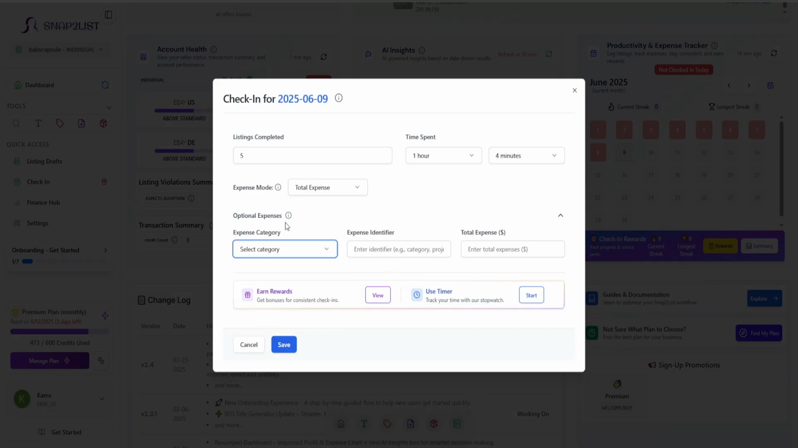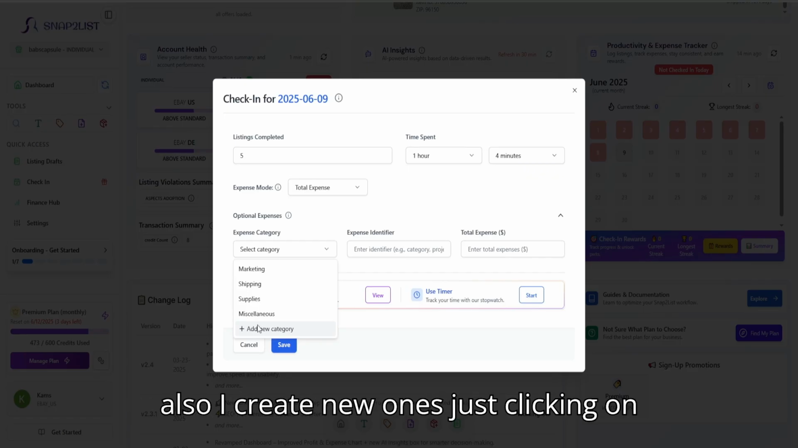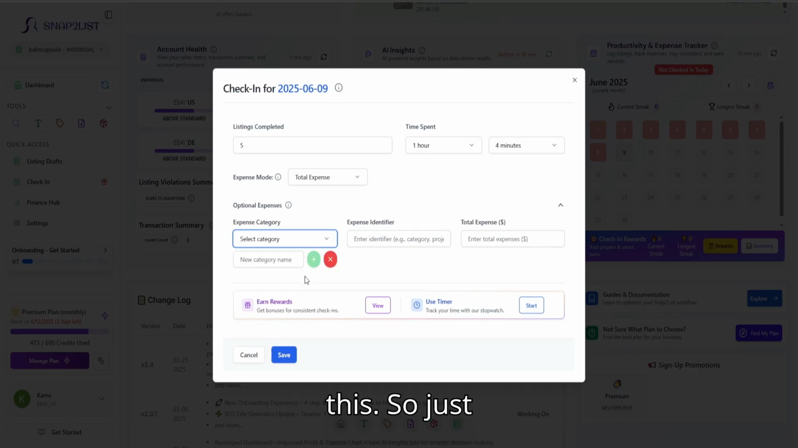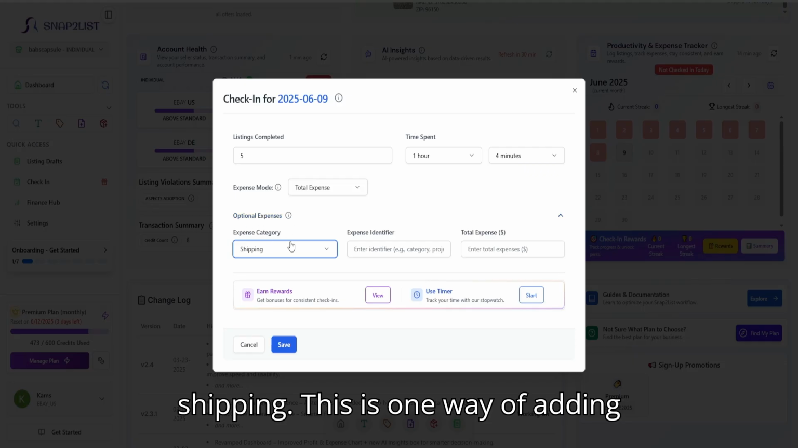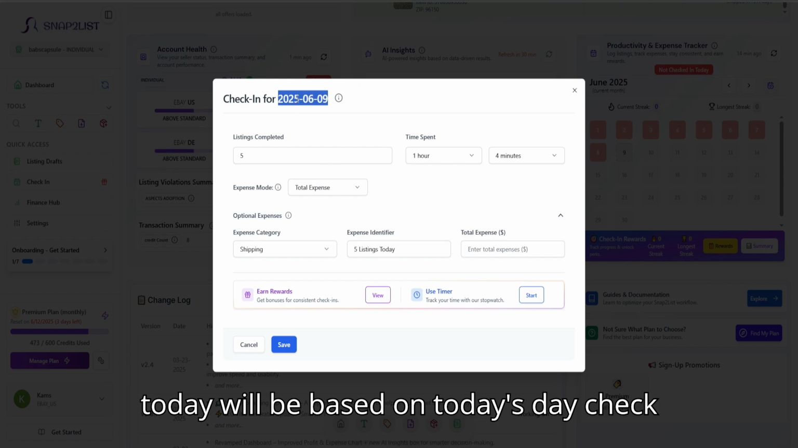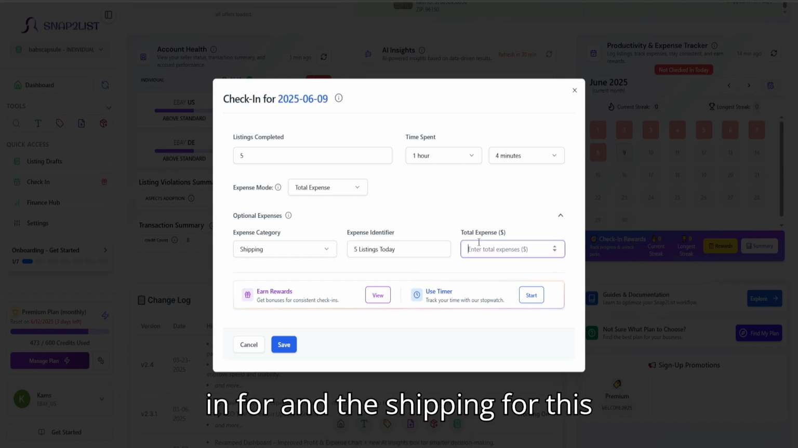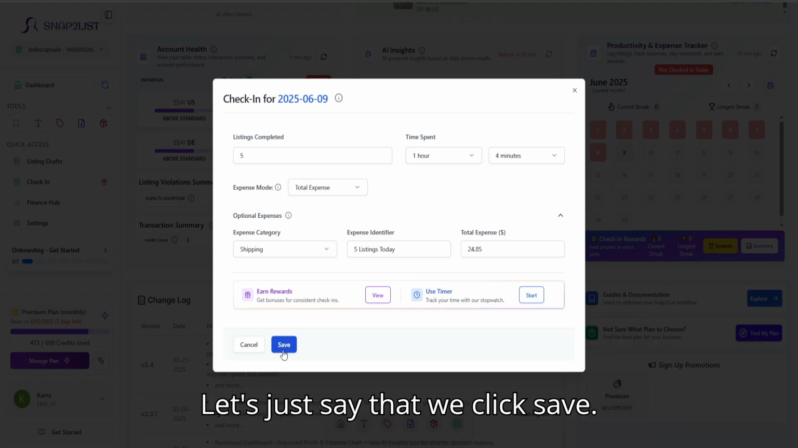or I could just do it in total here. So if I do it in total here, I have some categories saved from last time, and I can also create new ones by just clicking on this. So just say it was shipping. This is one way of adding expenses. So shipping, 5 listings today, and today will be based on today's check-in, and the shipping for this was 24.85. Let's just say that. We click save,